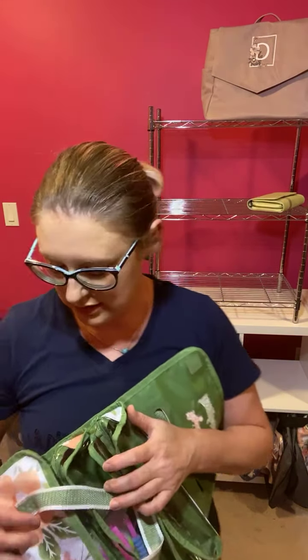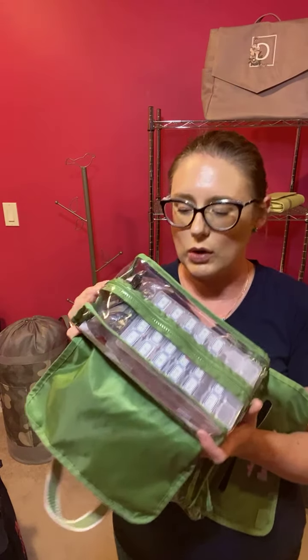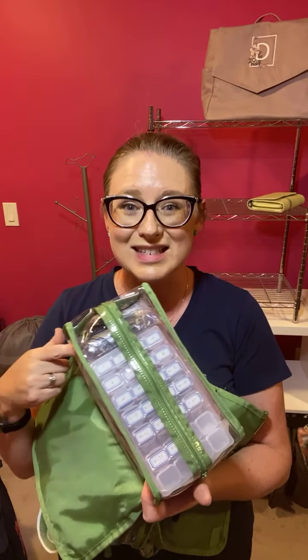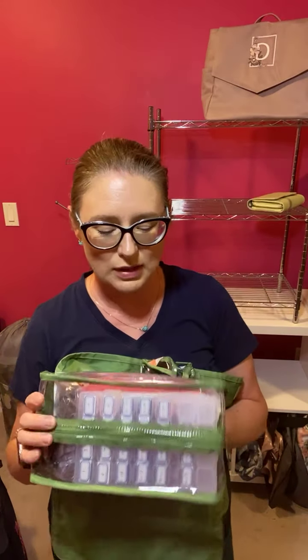Now I discovered diamond painting sometime around Christmas. I remember doing it when the kids were off and I wasn't doing online learning with them. And I loved it, but I found these little packets were everywhere and it was driving me crazy. So then I bought these containers from Amazon, and that helped a little bit, but it was still kind of a mess and it drove me crazy. So then when we saw what was coming in the spring catalog for hostesses only, this was one of them, and I thought, I wonder if that'll fit. And I had the opportunity to order it because I had my own party at the beginning of the season,